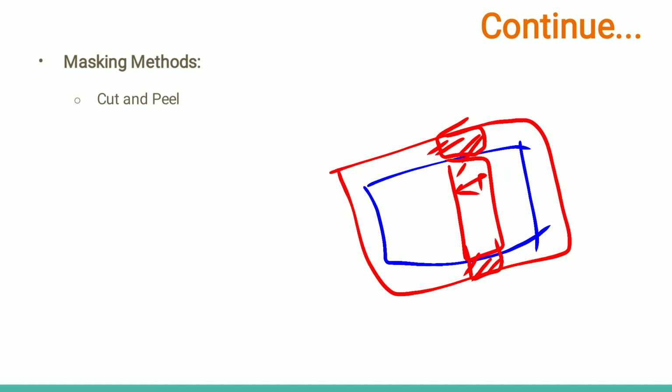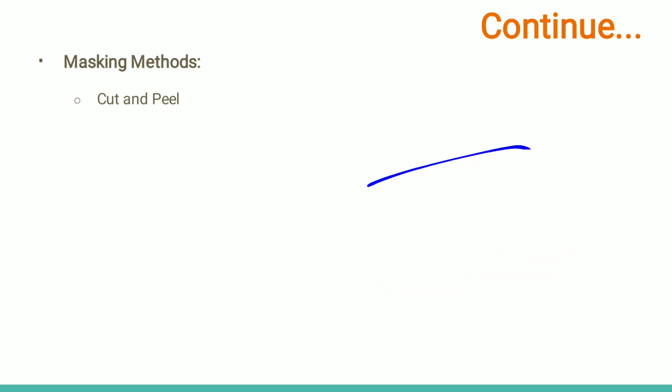So only this area is exposed to the chemical solution when we are filling it. This surface is unexposed, and this surface is, sorry, exposed. Whatever the chemical solution will come in contact with this surface, layer by layer that will remove the material from this portion. So this is about cut and peel, meaning first of all we add this rubber over the surface, and then we cut this part and pull it out. So this is the first method.